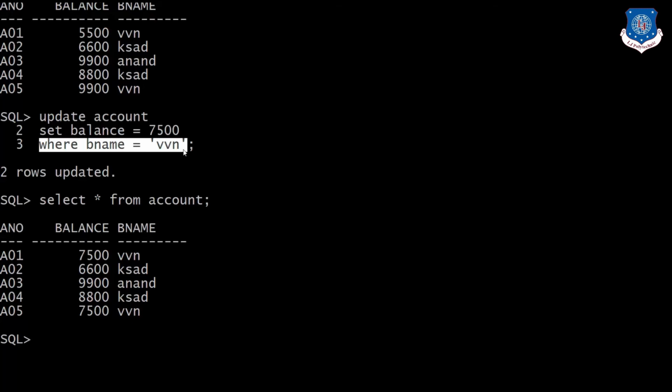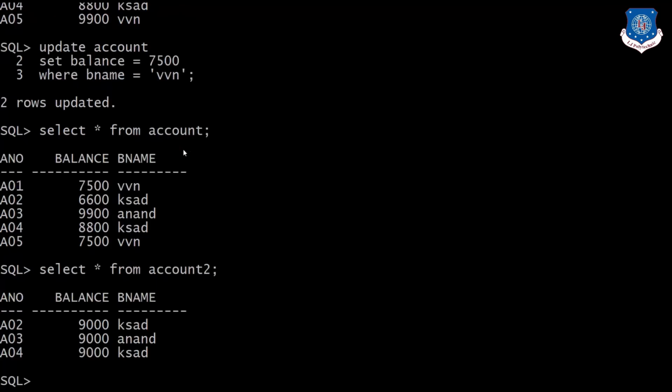Now we will see how we can rename a table. To rename a table, it is a very simple method. For example, we have select star from account2. Now if I want to rename the table, rename works like: rename old table name to new table name. As an example I am giving new account.